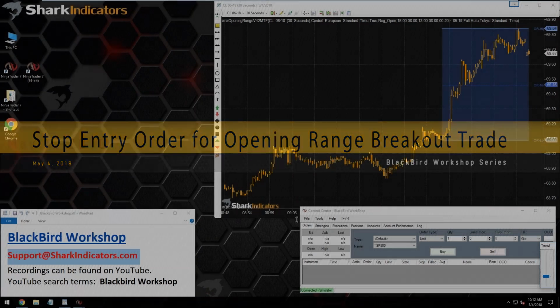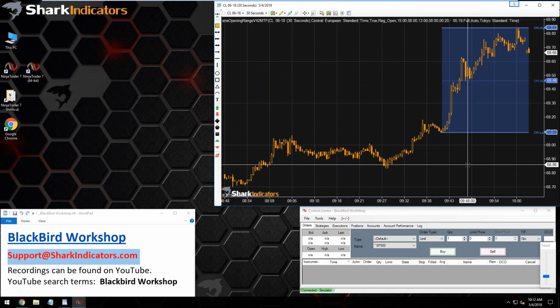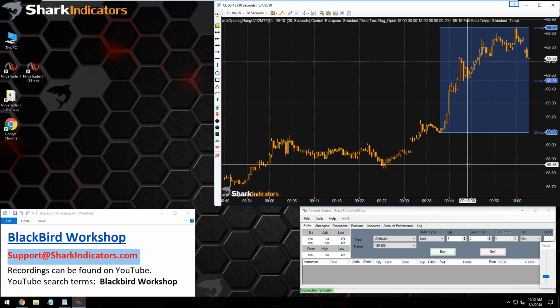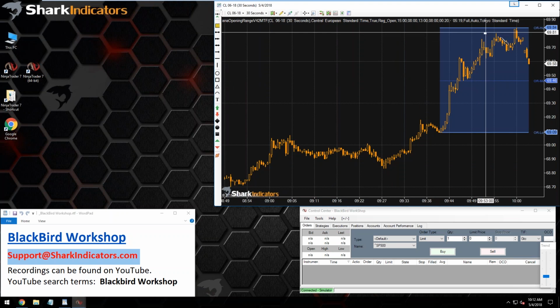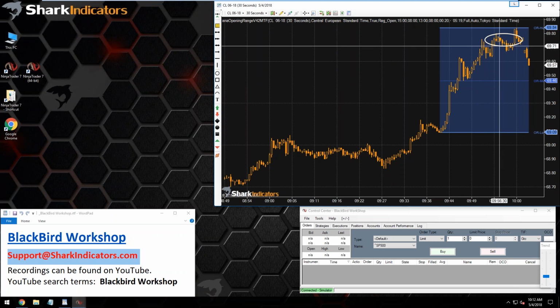All right, so let me set this up here. The question was from yesterday. We took last week's opening range breakout system from the BloodHound workshop, and yesterday we tweaked it so that the BloodHound signals would generate, instead of breakout signals, basically a pre-setup. In other words, when price gets close to one side of the opening range, it would provide a signal